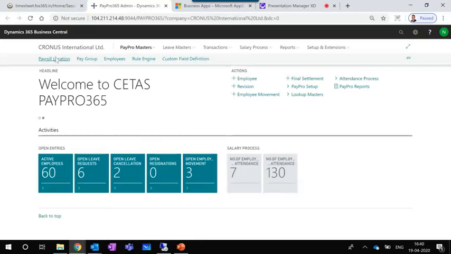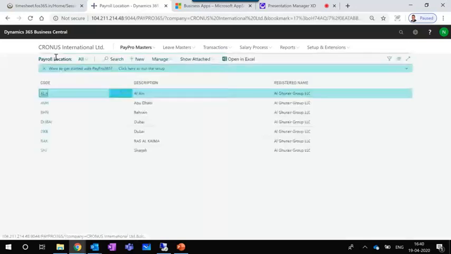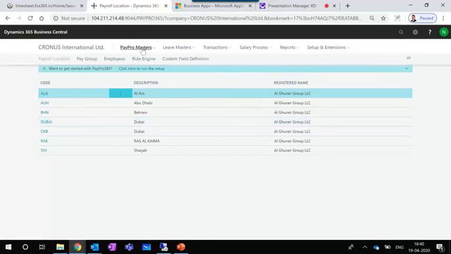So basically, the payroll hierarchy starts from defining multiple locations. Underneath, we can have multiple pay groups. And after that, we will have the employee master. So we'll be able to define multiple locations first as a hierarchy.